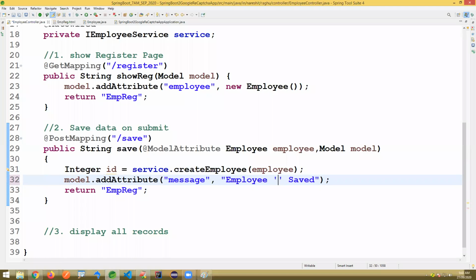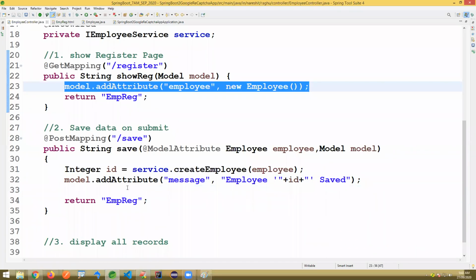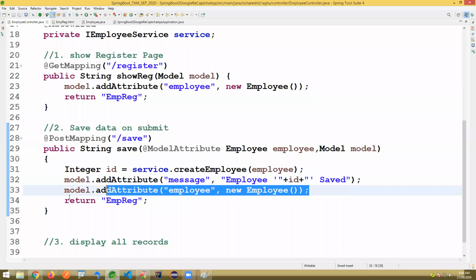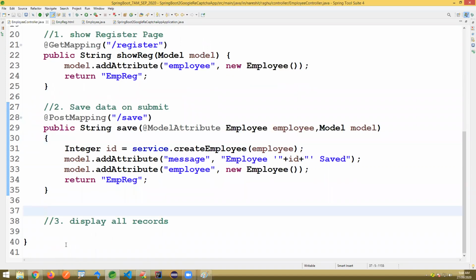So what is the ID if you want to display here? I'm writing like this. And even after that, you have to clear the form. This is important. Then the old form data will be cleared. This line must be added, else you will see the data even after register. This is a basic save operation. It's done. Still the capture concept is not involved.